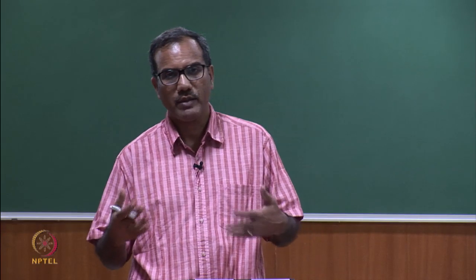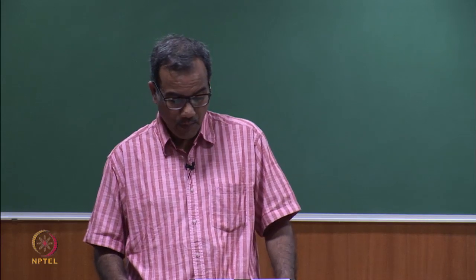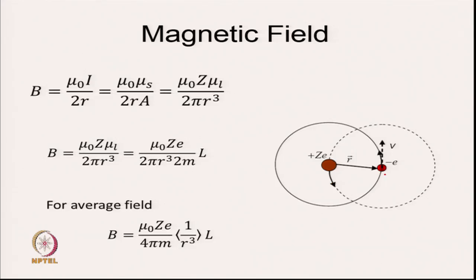Now, let us go and calculate what will be the energy. So, let us see, here is your electron moving and this is your nucleus. Now, what I am doing is that I take a reference where the electron is static, and the center of mass is moving. From Ampere's law, we know that if this happens, that will result in a magnetic field, and that magnetic field will be given by B.